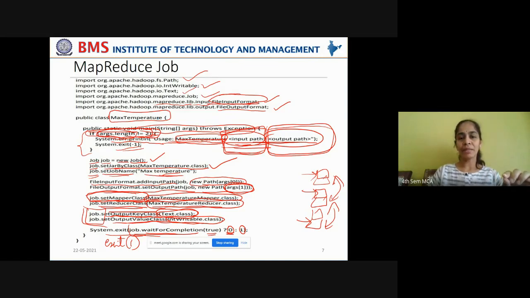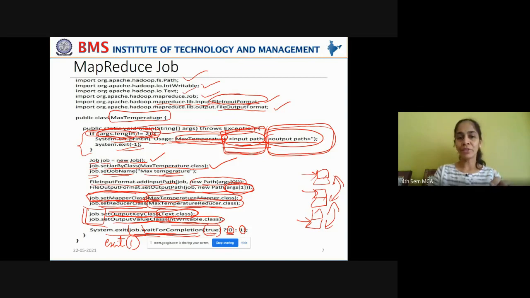I'll explain this once again. The job object is used to invoke the method waitForCompletion, which indicates that the job is under process and it is waiting for the completion of the job. Now that we have taken the verbose flag as true, the parameter that the waitForCompletion method receives, we are taking it as true.